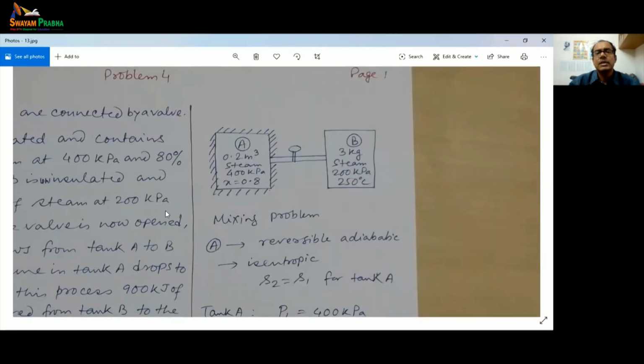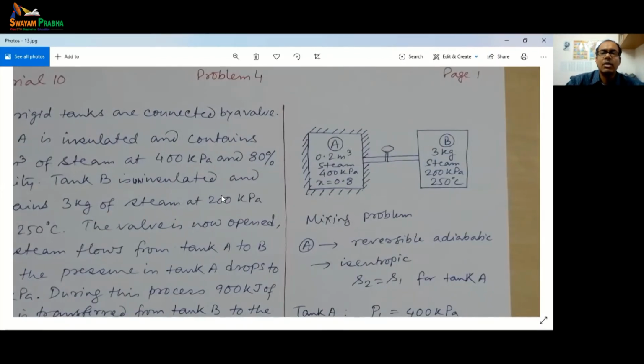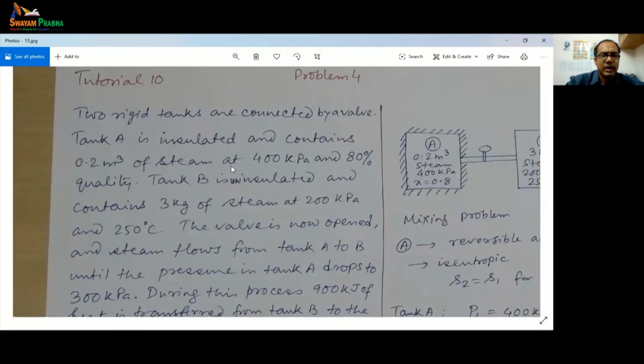So there are three major causes of irreversibility that we speak of. One is friction. Okay, the next one is heat transfer through a finite temperature difference. Okay, these are two major causes of entropy generation or irreversibility. And the third one is mixing. Whenever you have two streams getting mixed, that's a point of entropy generation or exergy destruction. Okay, so this is such a problem.